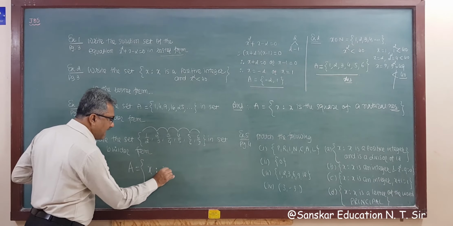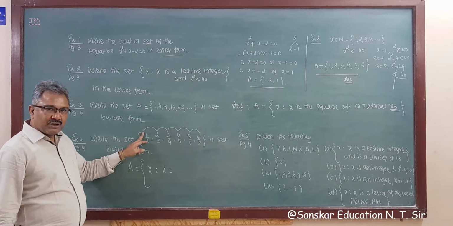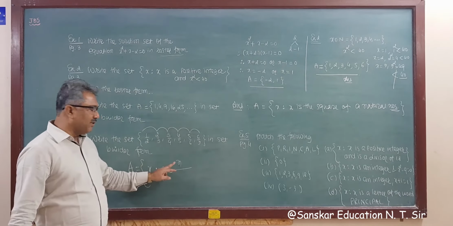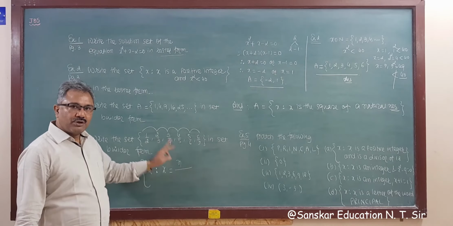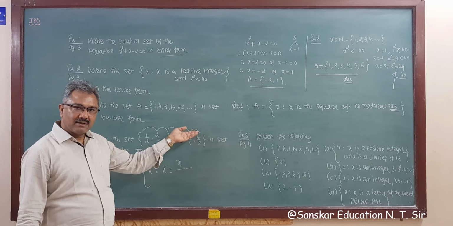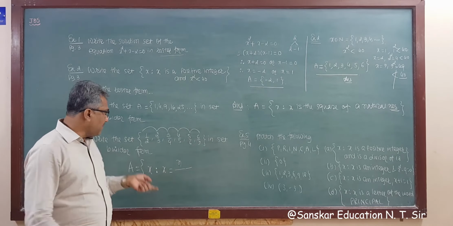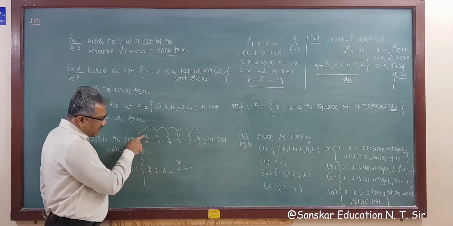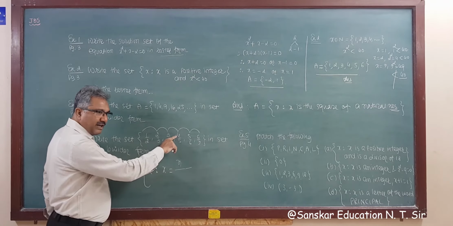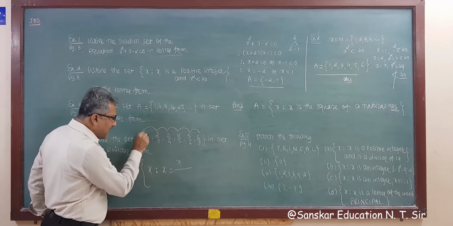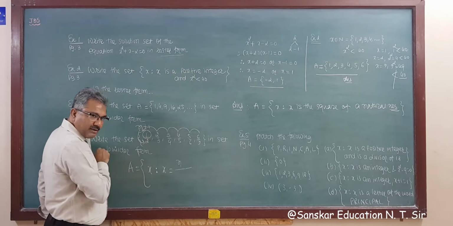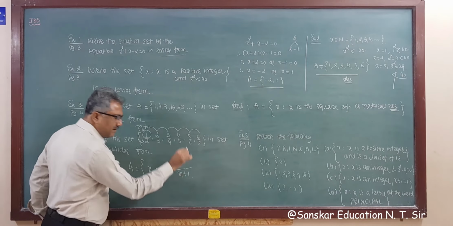Such that x is equal to, this is a natural number, so we can express a natural number by n. So can I write n here? If we put n is equal to 1, then 1, 2, then 2, 3, then 3, 4, then 4, 5, then 5, 6, then 6. Right? We have to go up to 6. Now see, if we add 1 to 1, then 2. 1 to 2, 3. 1 to 3, 4. 1 to 4, 5. So if this is our n, then n plus 1 is in the denominator.